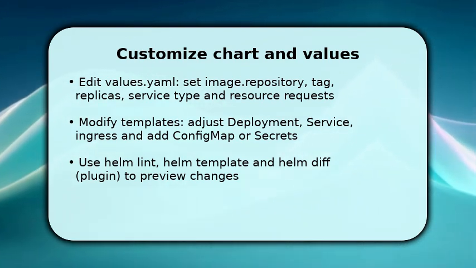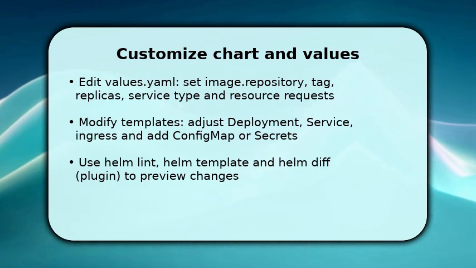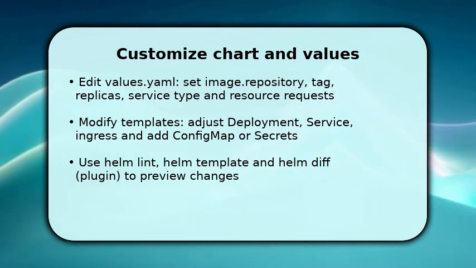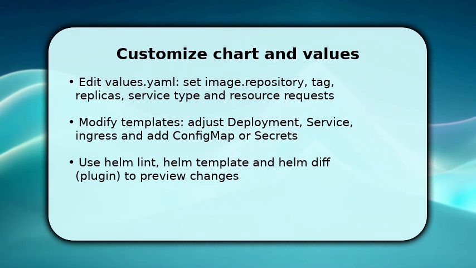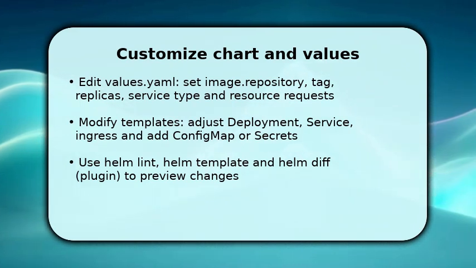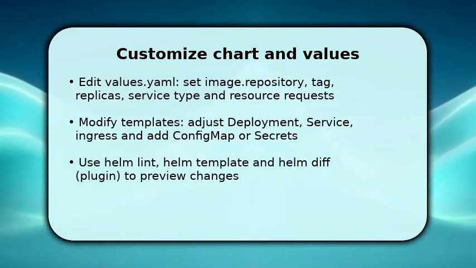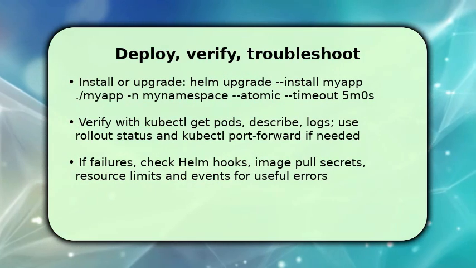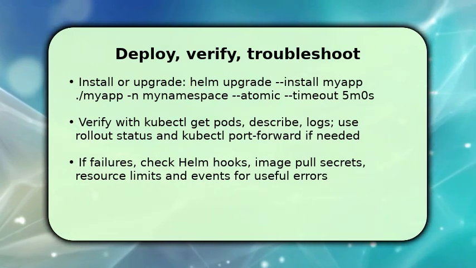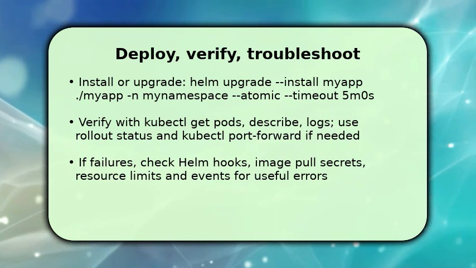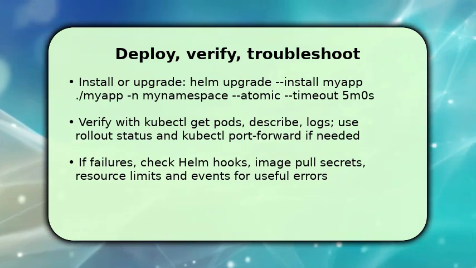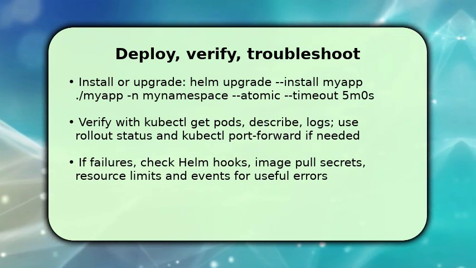Use helm lint to catch template issues, helm template to render manifests locally, and helm diff or helm upgrade --dry-run to pre-deploy with helm upgrade --install, adding --atomic and a sensible timeout so failed upgrades roll back automatically. This protects production. After deployment, verify with kubectl get pods, kubectl rollout status deployment/myapp, describe, and kubectl logs to